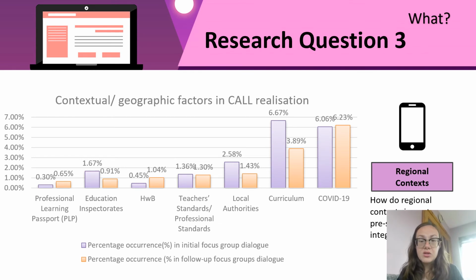And then the third research question was concerned with some of the contextual issues. So we actually noticed that there were some important things to be mindful of. This research was conducted amid the COVID-19 pandemic, and each UK jurisdiction had a different mechanism in which to deal with the pandemic. Obviously, in all 4 regions of the UK, we have 4 different types of curricular frameworks, and that influenced their decision to adopt CALL.